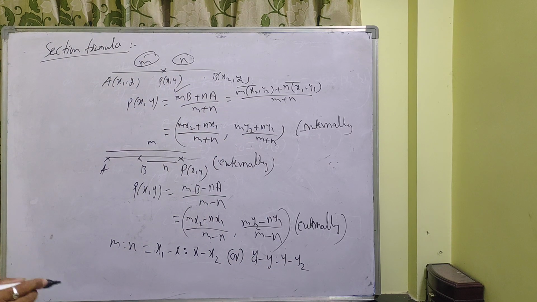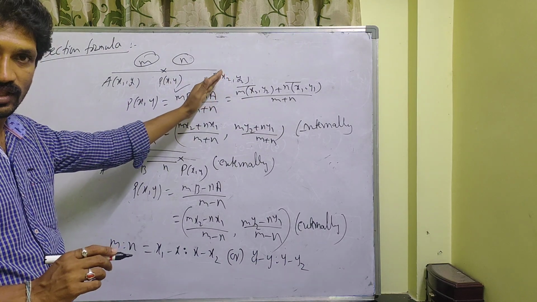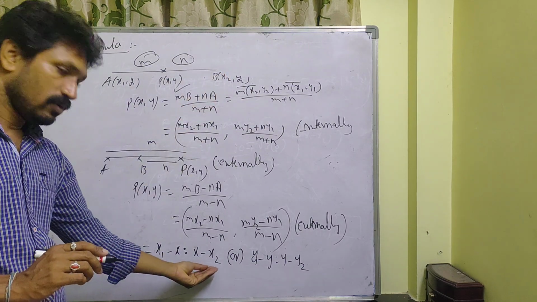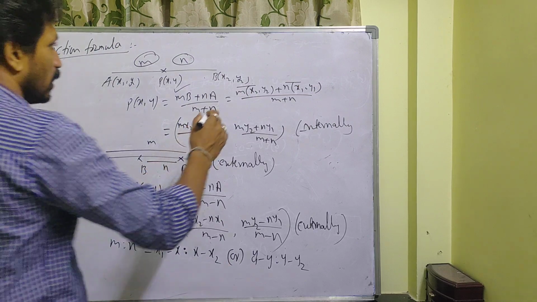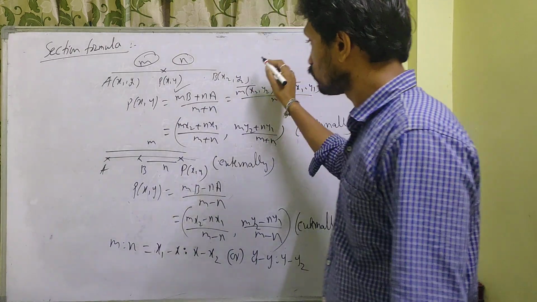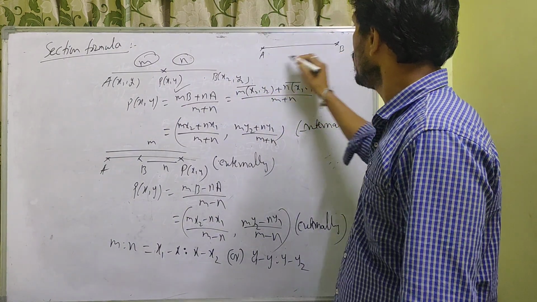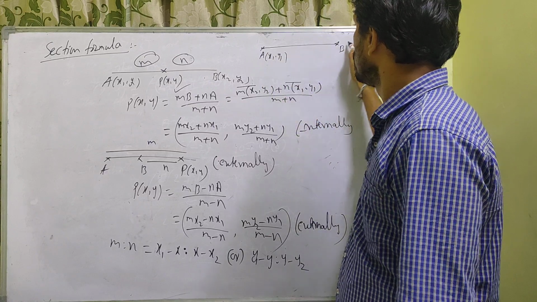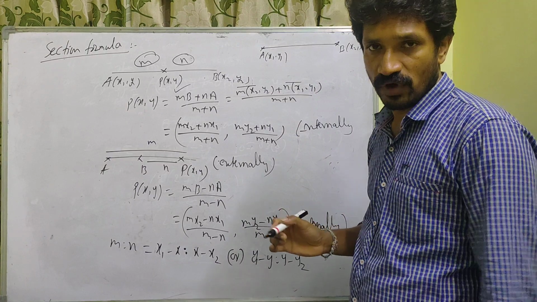Is it clear? If the 3 points are given, if you know the 3 points, this is the formula to find the ratio. Okay, suppose here is the line segment AB, with A as x1 comma y1 and B as x2 comma y2. The ratio in which